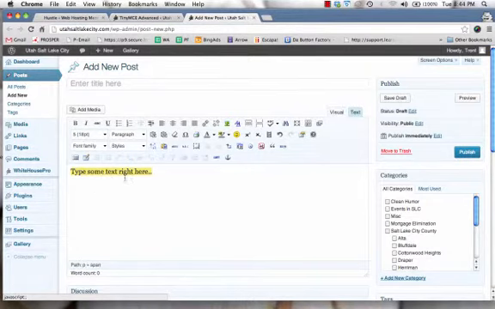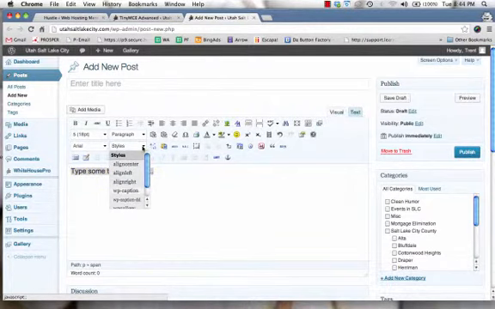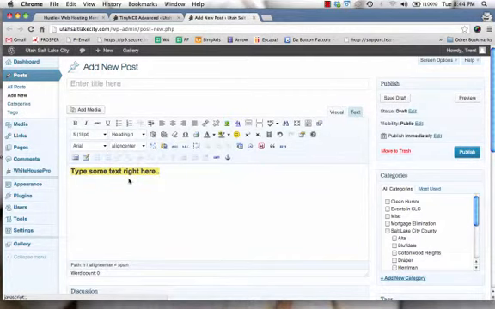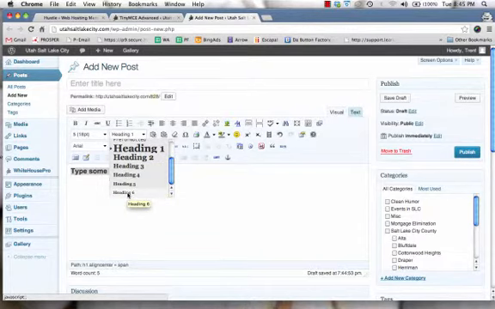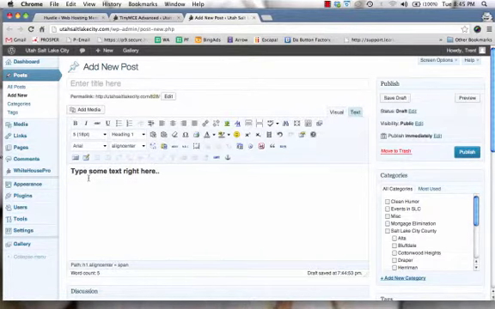Okay, so I want this big. I'm going to choose a different font, Arial, and some styles. You can align center, or make it a bigger heading. So if you've ever heard of H1 or H2 or H3 tags, that's what a heading 1 is. Heading 1 is an H1 tag, and heading 2 is an H2 tag, and so forth. It goes all the way down to H6 or heading 6. Alright, so that's just a little bit of SEO talk right there for you,